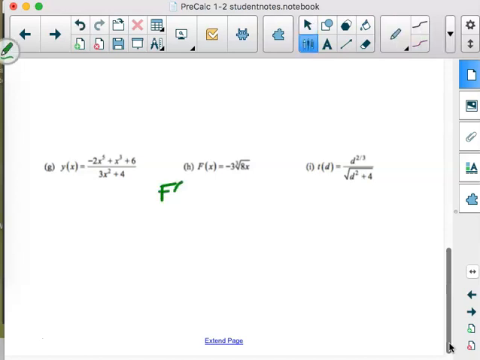And to check if it's even, odd, or neither, our job is to replace all the x's in the function with a negative x. And then simplify. Because we'll know if it's even if we can get right back to the original. It's odd if it's the exact opposite of what we started with. And then, if it's a mixture, well, then we have to put neither. So this is going to be -3 cubed roots of 8 times -x. So the first thing I'd do is say, well, that's silly. I'd write that as